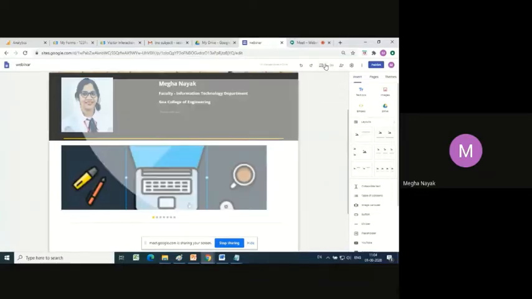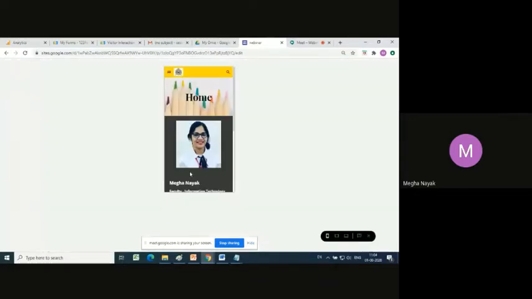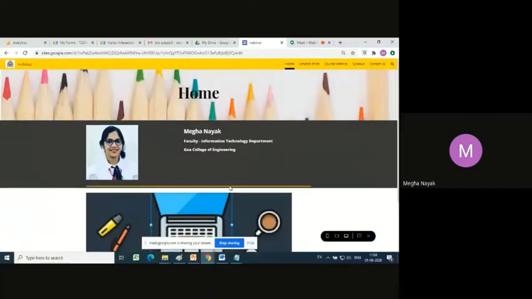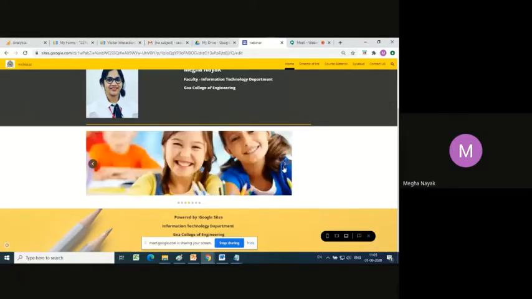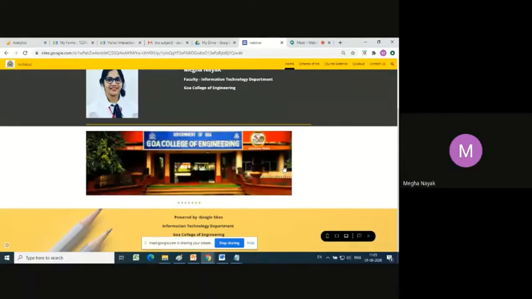Let's see how it looks in the preview. So this is your phone view. Let's go to desktop view. So this is how your image carousel will look. But however, you have to click on it to change it. So if you don't want to click on it to change it, you will have to automatically make sure the transition takes place.